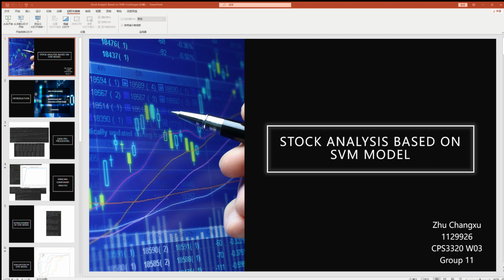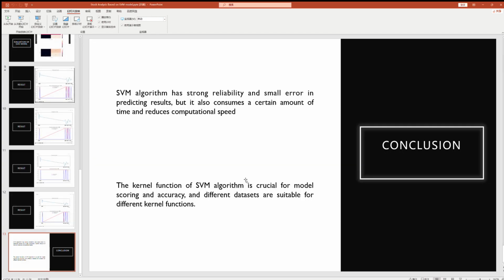However, some evaluation criteria cannot represent the quality of the model. For example, although the SVM model with the linear kernel function is the best, there is still a certain gap in the overlap between its true and predicted values, and it seems that there is a prediction time difference. We can see from the picture again. It seems that the predicted values should be delayed 2 days, and 2 days after it will be similar to the true values. And that's all for my presentation.